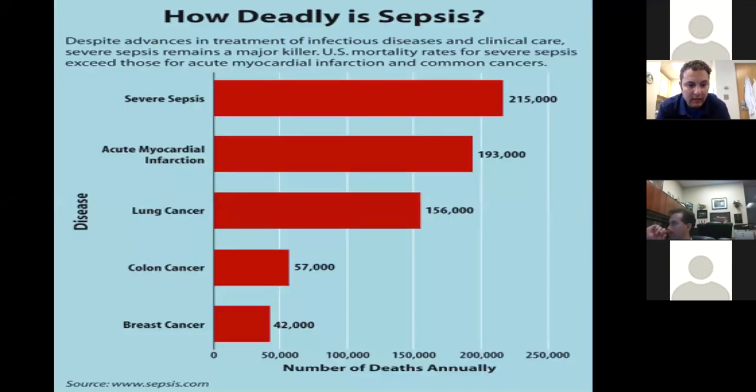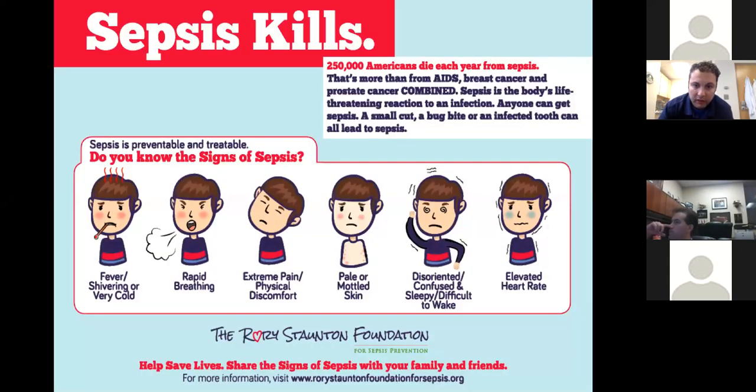This is, I think, an older slide you can find at www.sepsis.com. About 250,000 Americans die from sepsis/septic shock every year. As you are all aware, Sepsis III tried to take away the term severe sepsis, so that slide was made before Sepsis III. And that number exceeds acute myocardial infarction and lung cancer, and you can see the cancer number go down. So it is a lot of burden on our population to have sepsis.